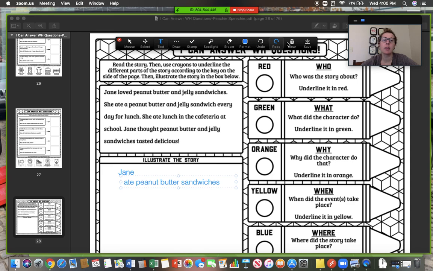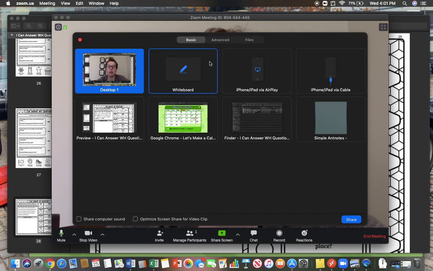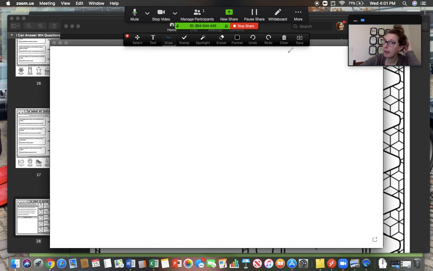So I'll show you some other features on here in just a second, but that is how you pull up PDF files. So you go back to stop share, and it's again going to come to your screen. I'm going to show you how to do the whiteboard now. This could be something used as a reinforcement, or like if you were,